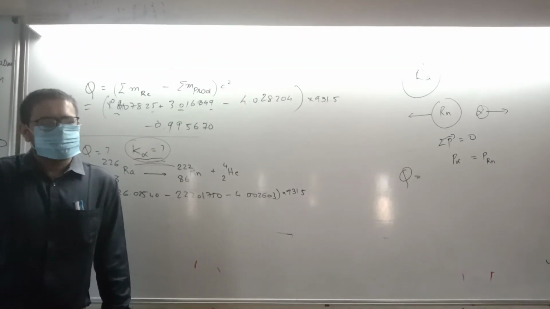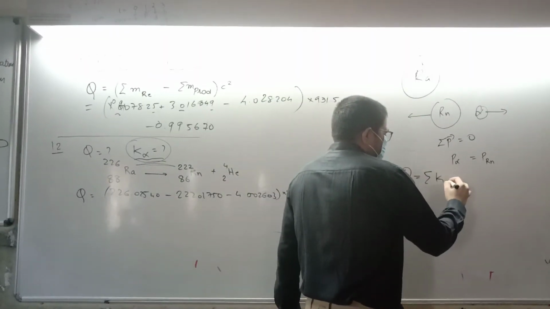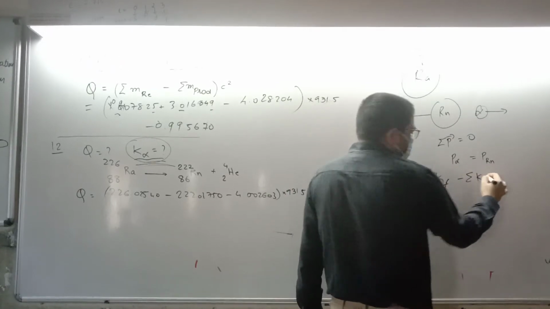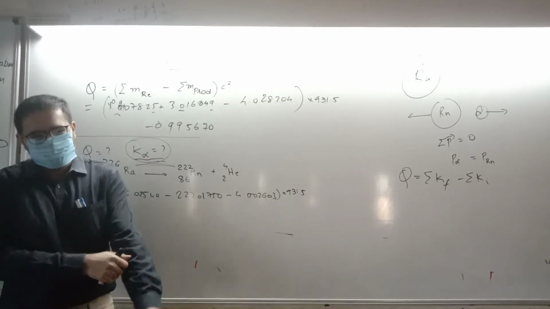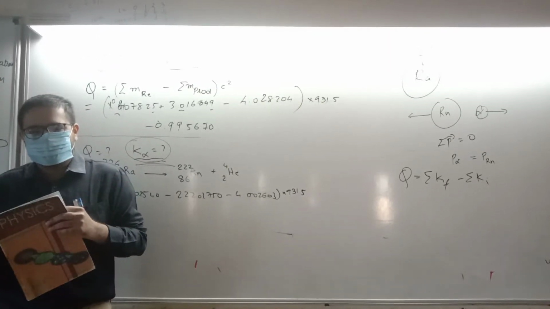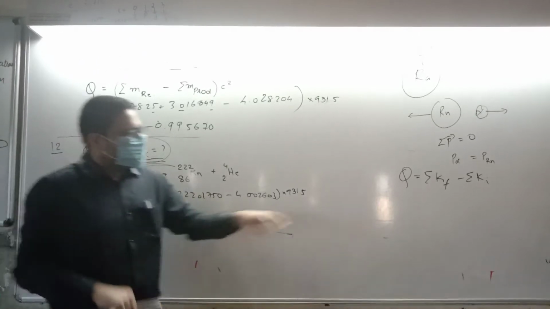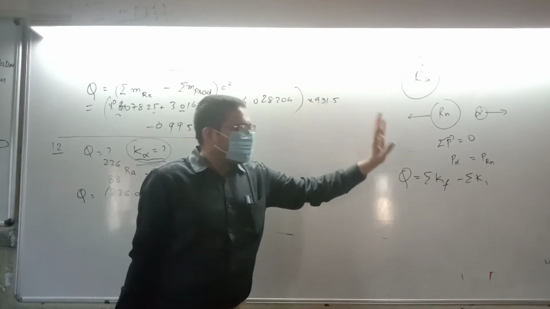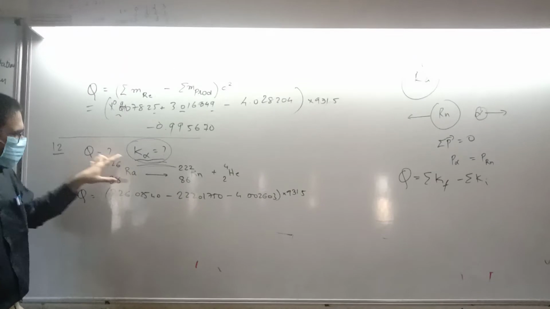Sigma. Yes, sigma K final minus sigma K initial. Do you remember or not? I was saying that, he said the charge formula, sir. So this is p = mv. Okay, so this is what we get, is that fine, right? Use this. What's the initial kinetic energy?